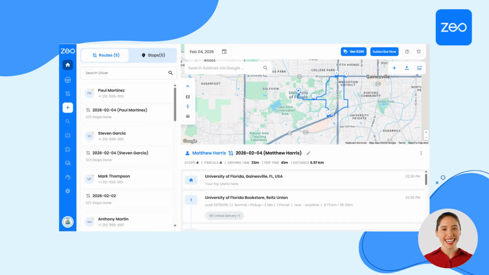And that's how you can easily create routes with linked deliveries and pickups in Zeo Route Planner, both manually and